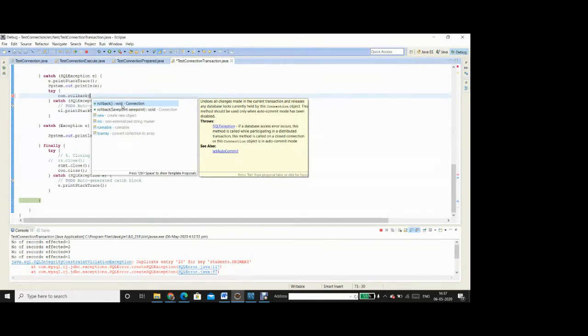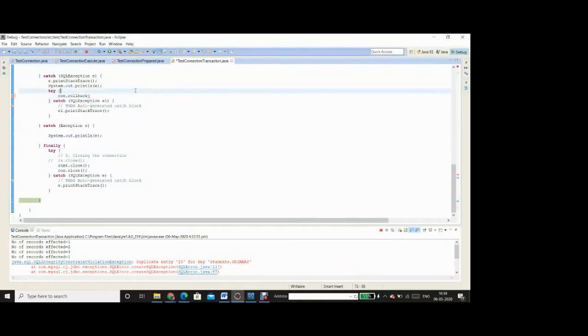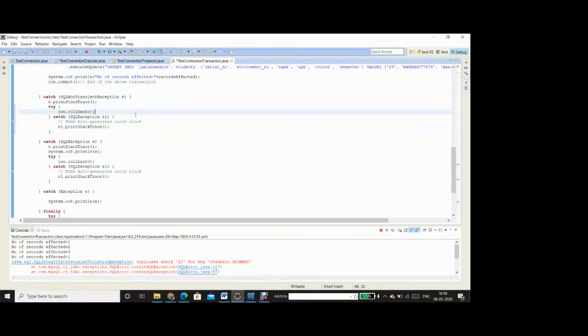It returns nothing, it's void. And then rollback takes a savepoint. This rollback will take you to a particular savepoint and start the rollback from that savepoint. So you have to try this with the savepoint as well, and let me know what impact it has on your code and what you learn out of it.